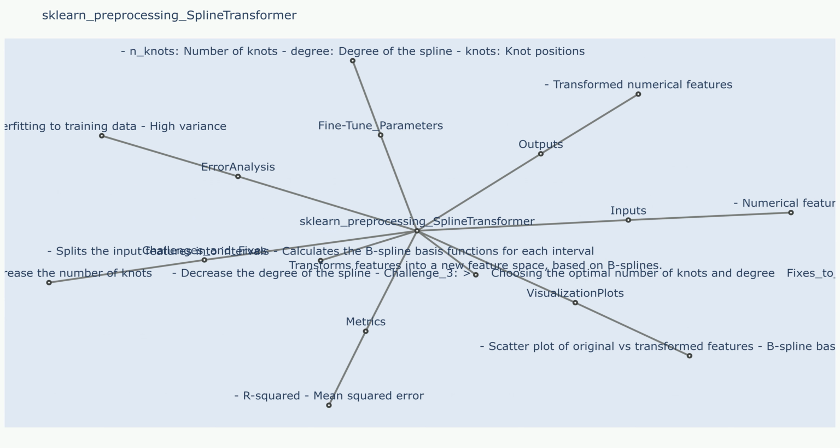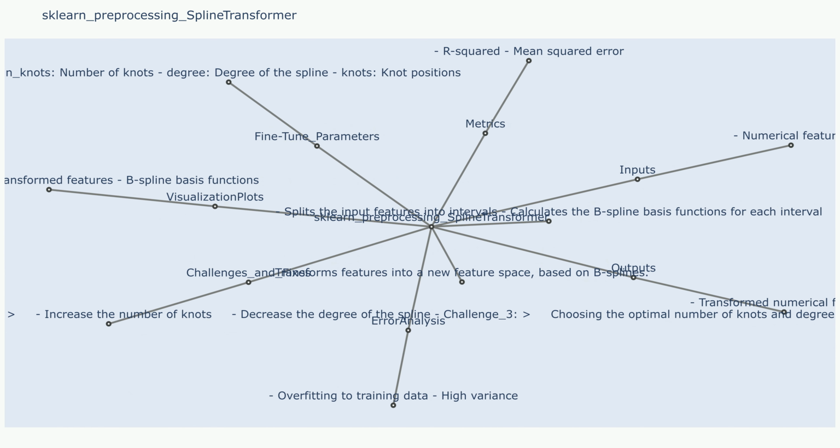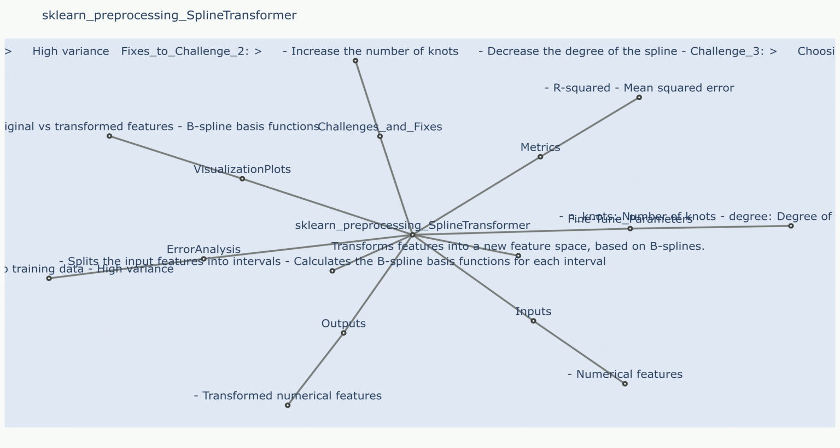Outputs. Output 1: transformed array-like of shape (n_samples, n_output_features). This output represents the transformed data. The number of output features depends on the degree of the spline and the number of knots specified. For example, a cubic spline with 5 knots would produce 8 new features (degree + knots). Output 2: ndarray of shape (n_output_features,). A list of feature names for the transformed features. It is a useful output when you want to track the transformed features in downstream analysis.